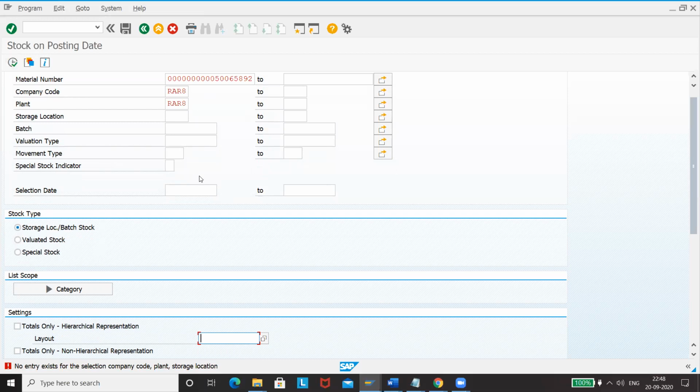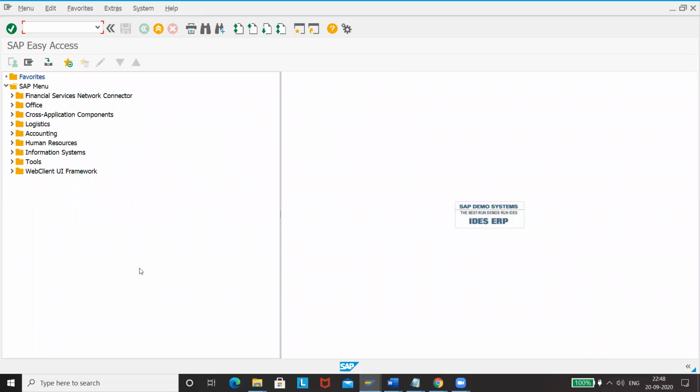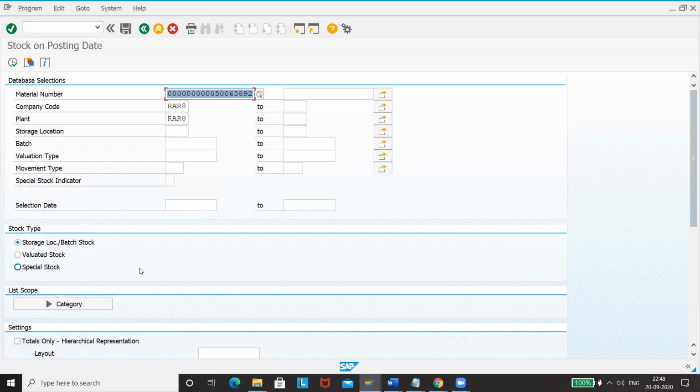company code, what is this? It exists for the selection company code, transfer location. Let me see if I've entered correctly. MB5B. RA, right, is the company code. Plant is, okay, see, why is it not showing? Because for this plant, for this company code, we have deleted this plant, and so it is not showing.